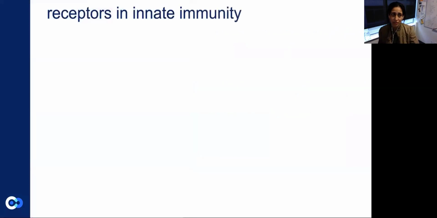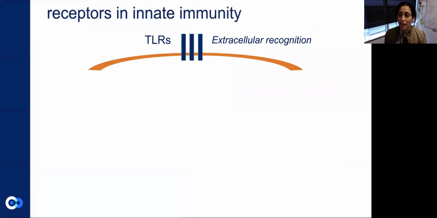But before diving into the data, let me give you an idea about innate immunity for those who are not exactly in the field. And so the innate immune system basically senses a variety of microbes and danger signals. It's essentially your first line of defense against pathogens. You can kind of think of it as a burglar alarm that is going to go off when an intruder enters into your house, kind of alerting you to danger, and the immune system then responding by secreting a variety